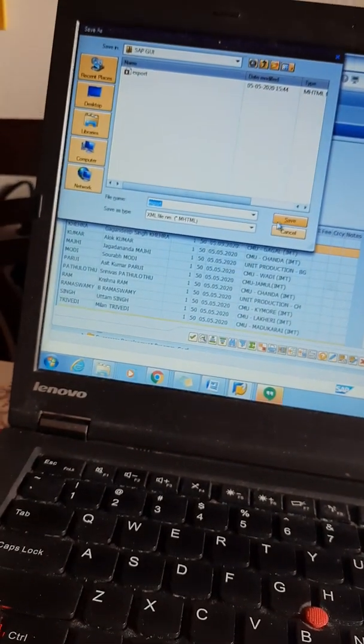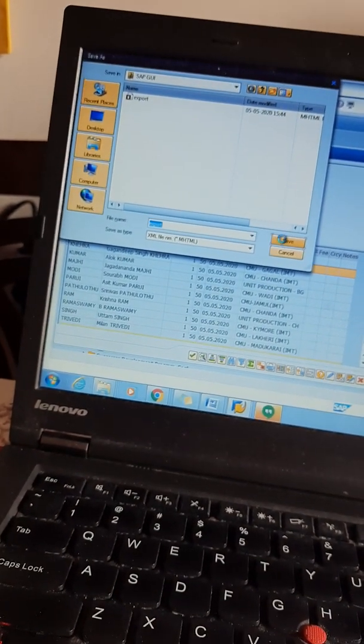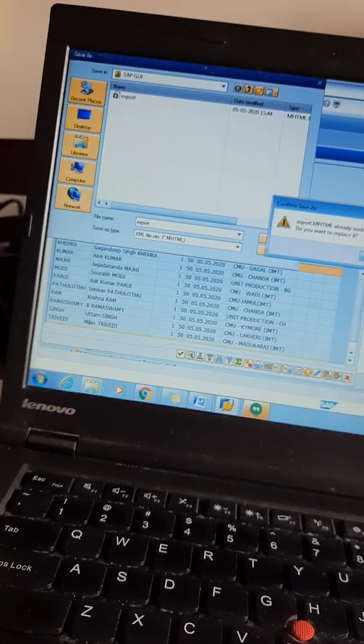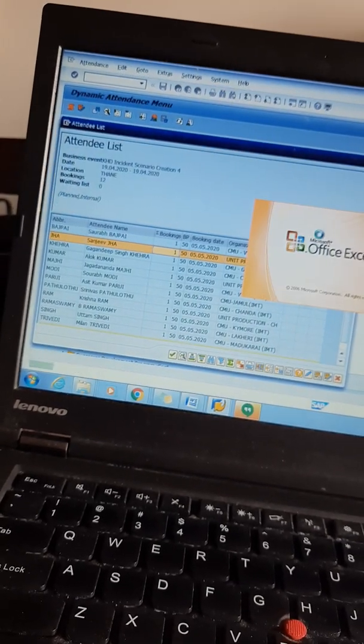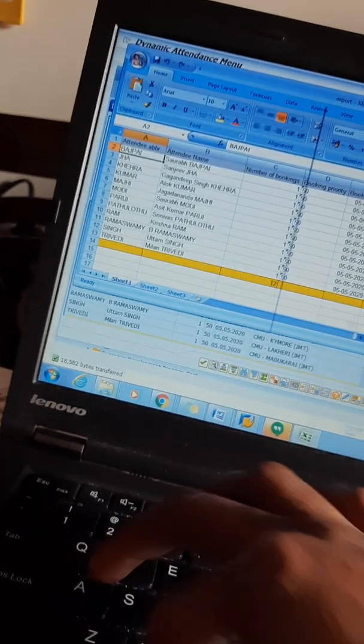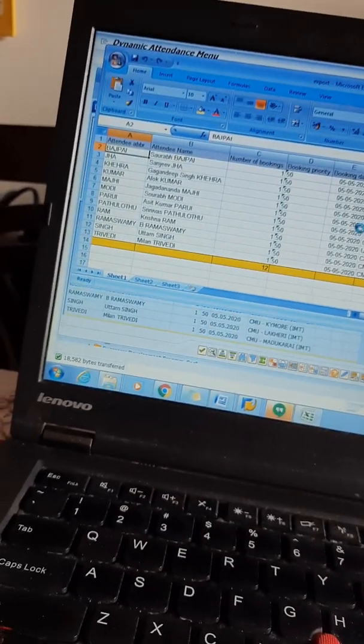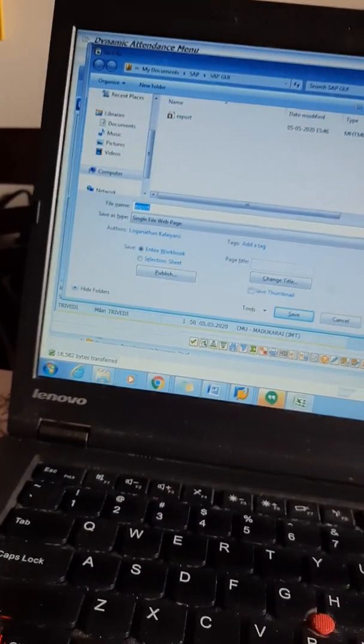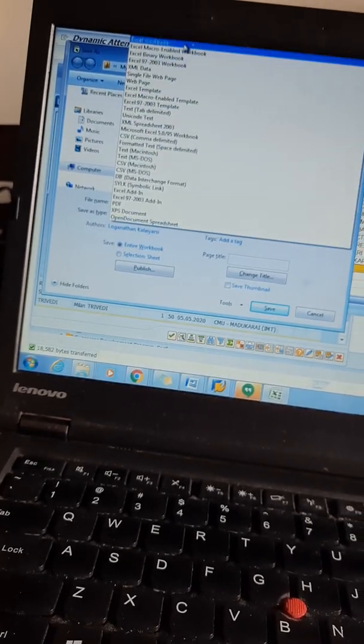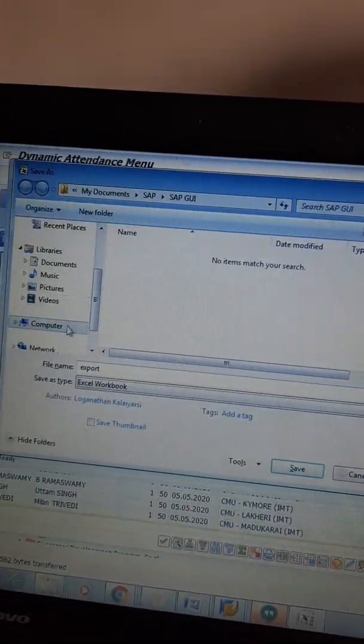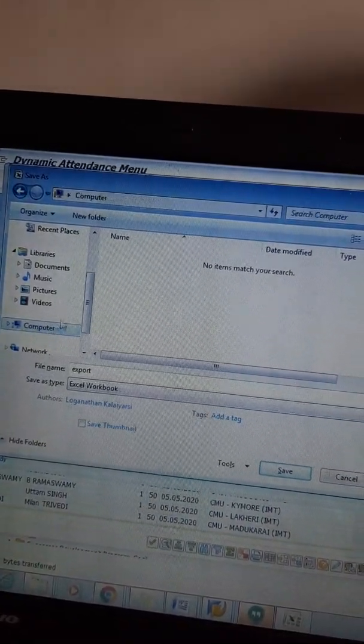Good that I have got this error again. It will ask, it is a duplicate file, do you want to replace? Tell yes. The Excel will open, then save as with Control F A, and change it to Excel workbook. Go to the path where you want to save.